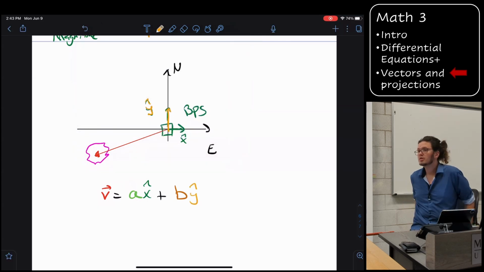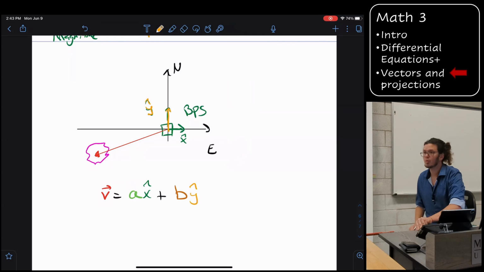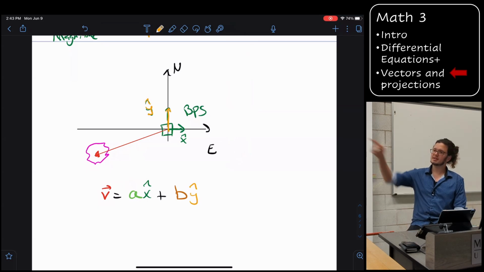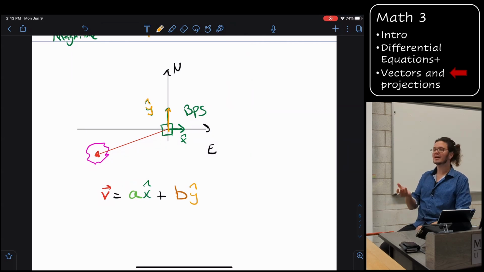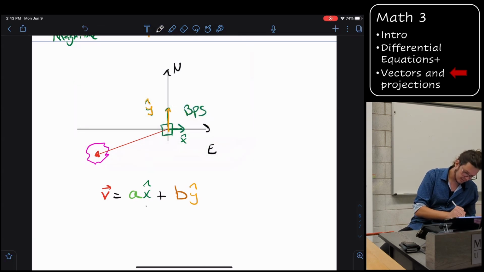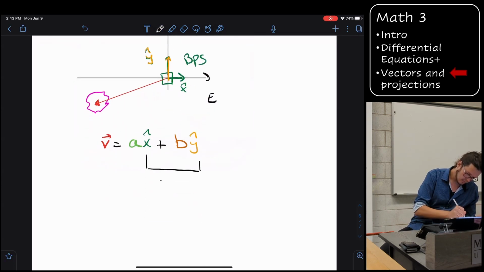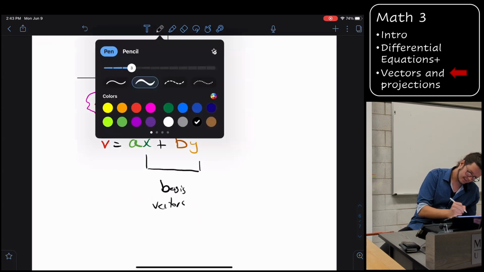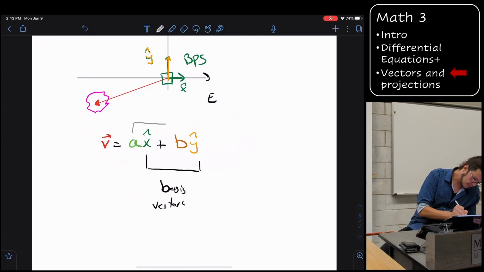This is basically telling you, Gabby, you're going to walk, I don't know, 150 meters in the minus x direction, or west, and then you're going to go south, or in the minus y hat direction, for 20 meters. And you're going to arrive at your destination. Makes sense? So these two friends are my basis vectors. And these two friends are my coordinates